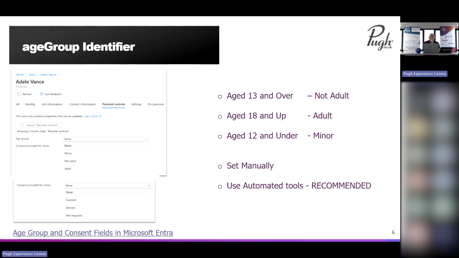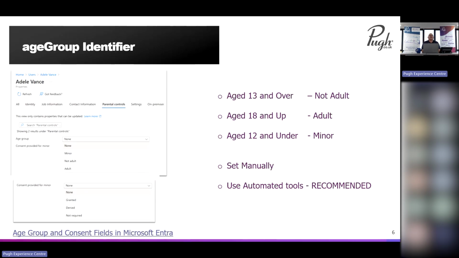So first of all, you need to set the age group, as I've just said. Then you need to say if they've been given consent, and that's just a drop down again underneath age group, and you set that to granted to allow students to get access to Copilot. Now,